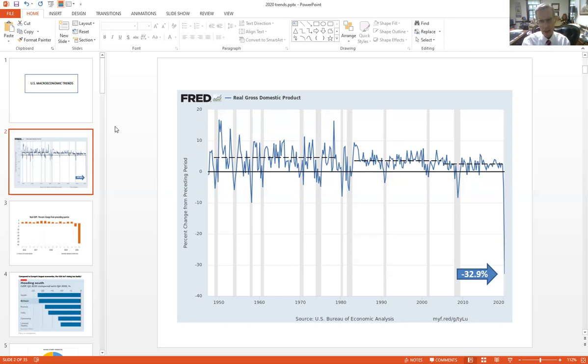But that has had great effect on many industries, including food service, that is restaurants, entertainment, airlines, and so on. On the other hand, groceries and home supply retailers have actually prospered because people spend so much more time at home. They need to buy more groceries and so forth. So even the pandemic has had some favorable effects on some industries.